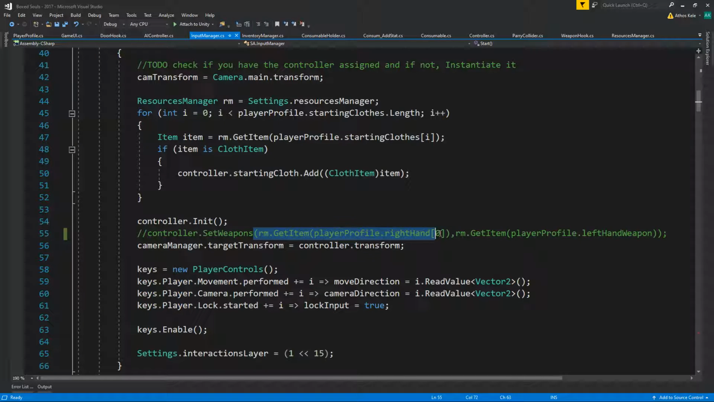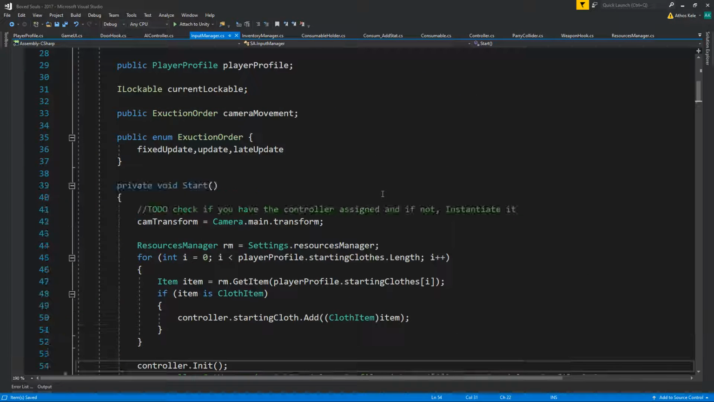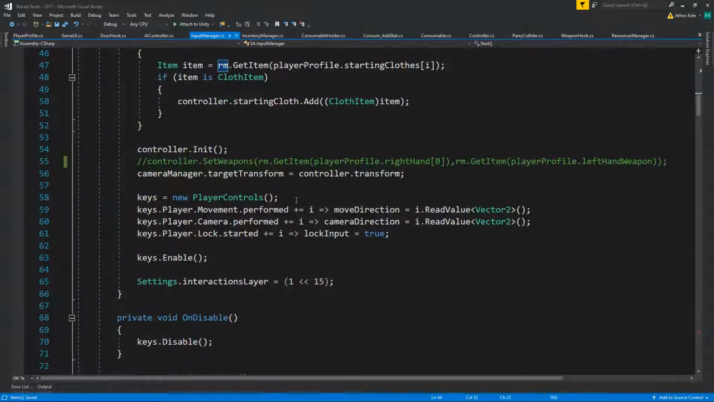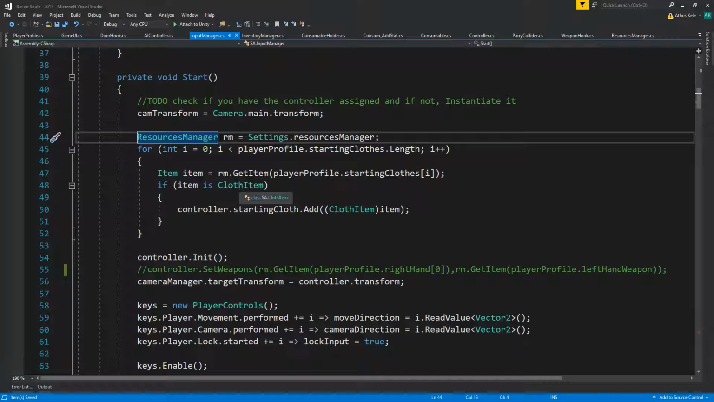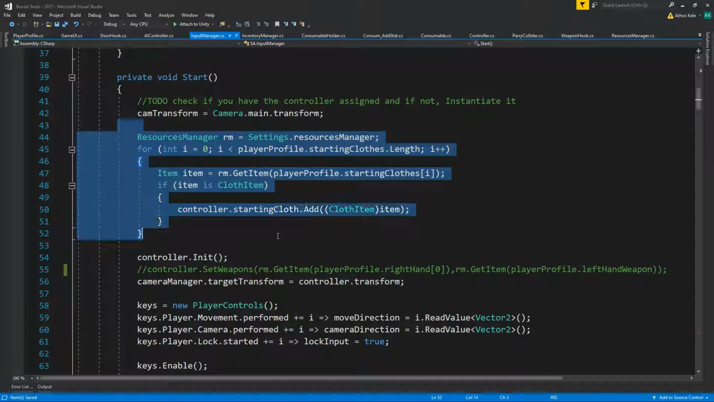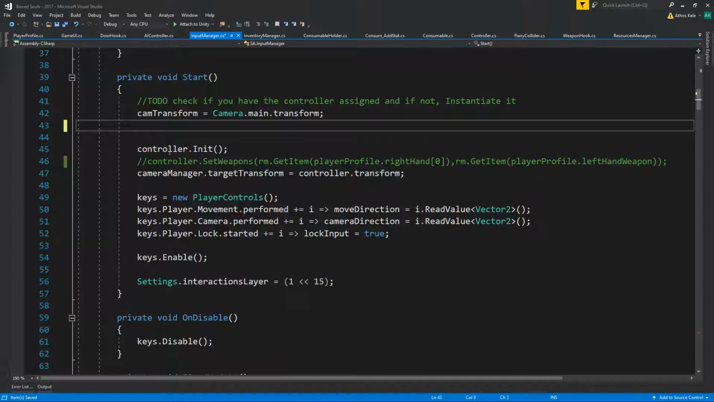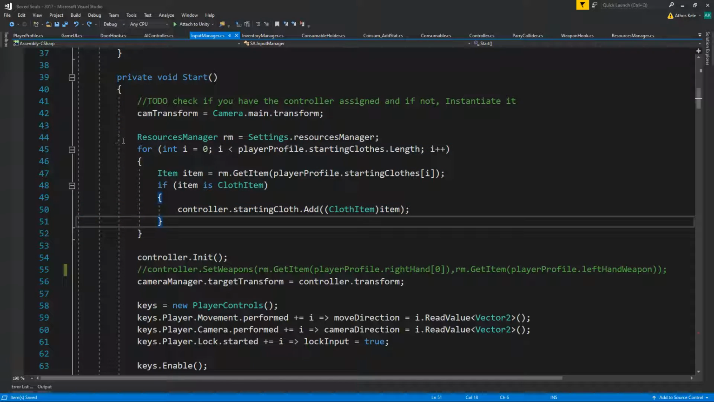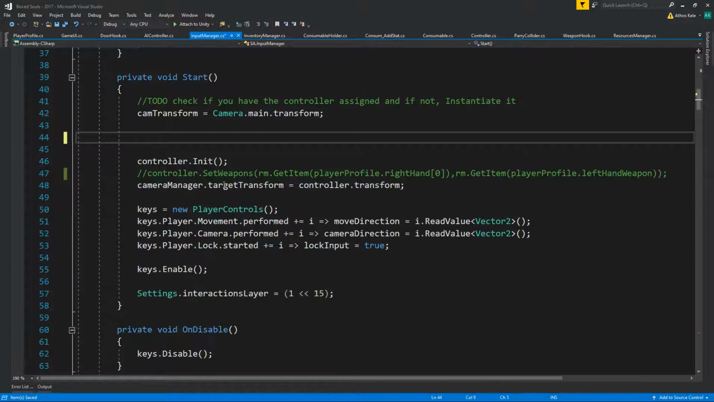Yeah, we're calling the resources manager. Okay, so let's see, we do have our resource manager over here. Do we use this anywhere else? We do not. Oh, we do use it over here. We use it for the starting clothes. Okay, we could probably just move this entirely onto the inventory manager. Let's see, controller, starting clothes. Okay, so let's cut this